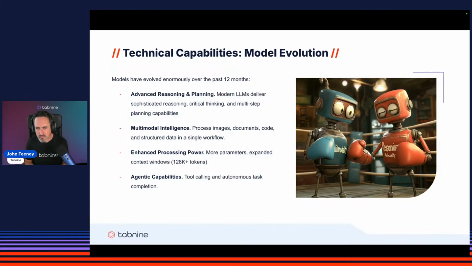Then there's also been this increase in context windows as well, which has been very important. So we've gone from like 16K tokens and 30K token sized context windows to now 128K tokens, and in some cases even up to 1 million tokens for some models. And what this means is that you can feed a lot more code and associated documentation into a single interaction and get, of course, higher quality responses in return.